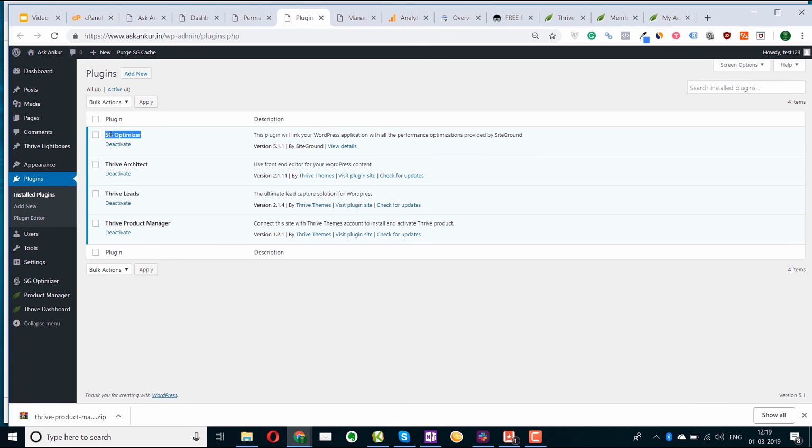They make your website automatically fast, so you don't need any technical knowledge or have to spend money to hire someone to make your website faster. This plugin itself does all the job. So now we'll be installing a few plugins. We'll click here, add new. We'll add a few plugins here.